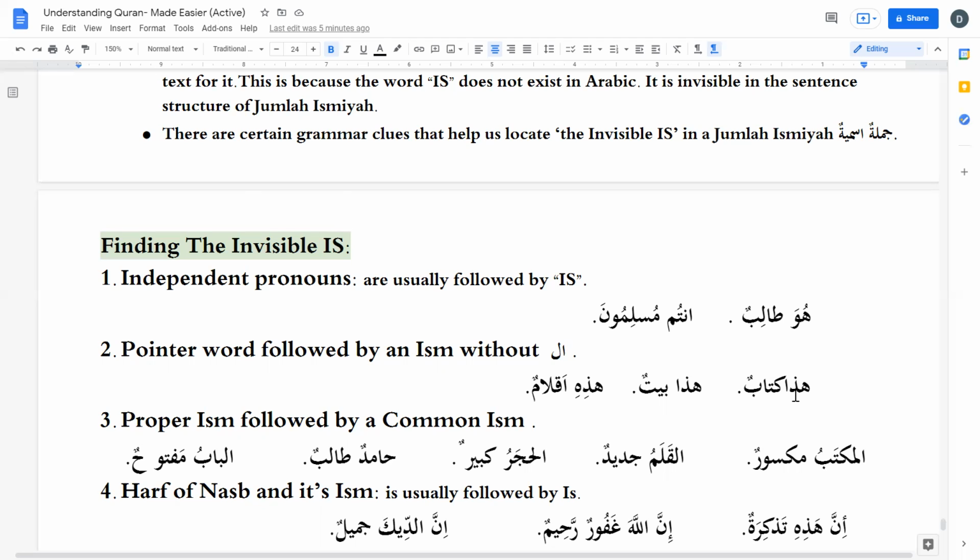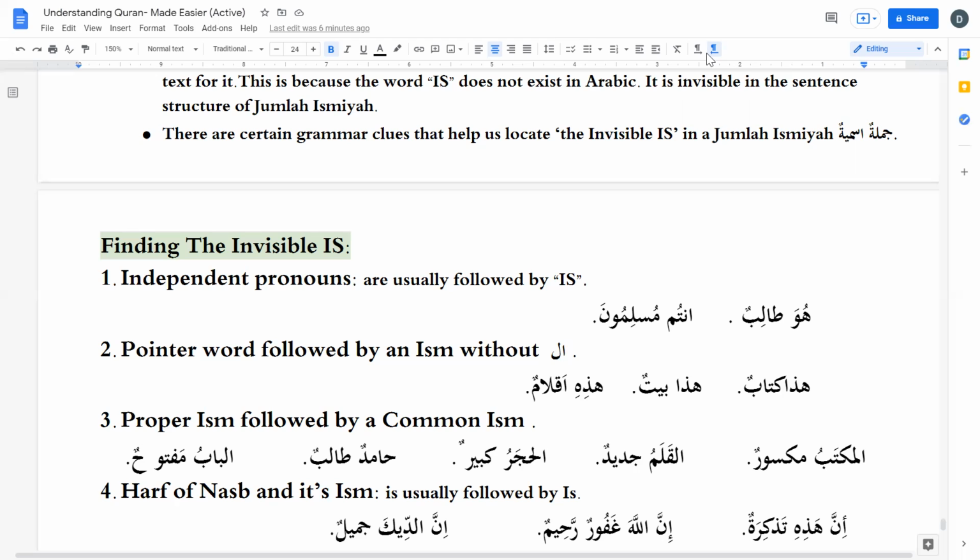Look, this is Hada Kitabun. Hada Kitabun means this is a book. But if we see Hadal Kitabu instead of Hada Kitabun, then that is not a sentence because of the structure. That's a fragment, and we just learned about the pointer fragment. Hazal Kitabu, we learned, I think, in lesson 16.